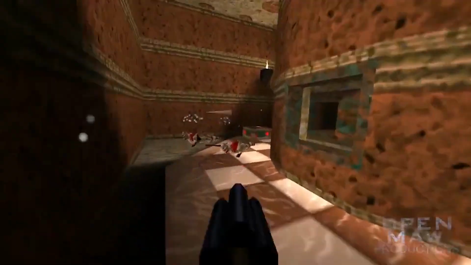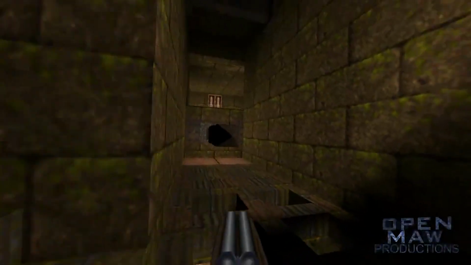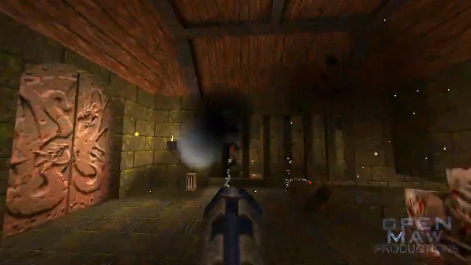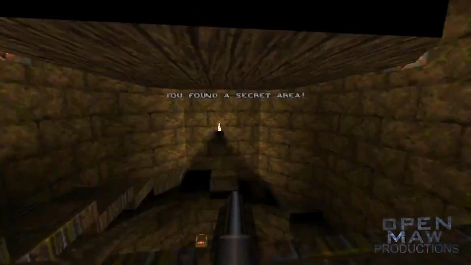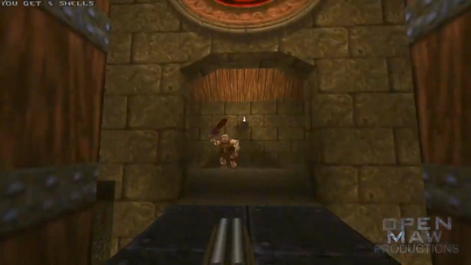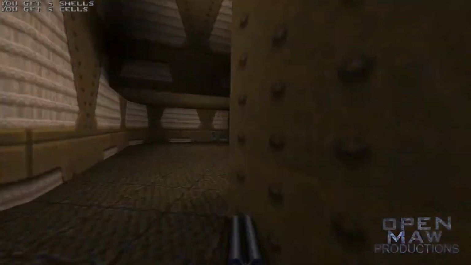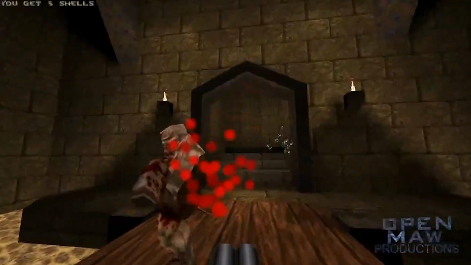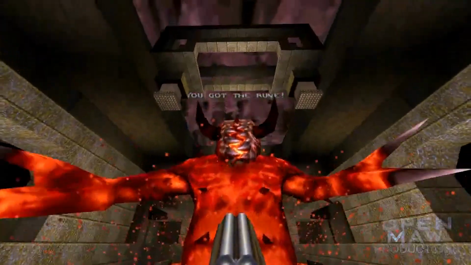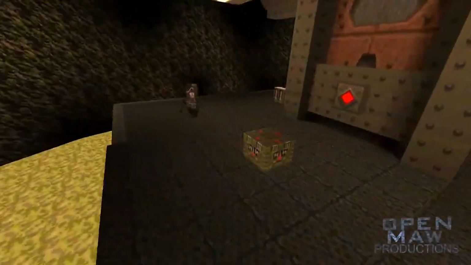The government had been experimenting with teleportation technology and developed a working prototype called a slipgate. The mysterious Quake compromised the slipgate technology by merging it with its own teleportation system, using it to send death squads to Earth in order to test humanity's military capabilities. Ranger battles his way through overrun military bases and strange otherworldly dimensions, reaching them via the slipgate or their otherworldly equivalent. During his journey, Ranger must collect 4 magic runes from 4 different dimensions, which are required to stop Quake and end the invasion of Earth once and for all.